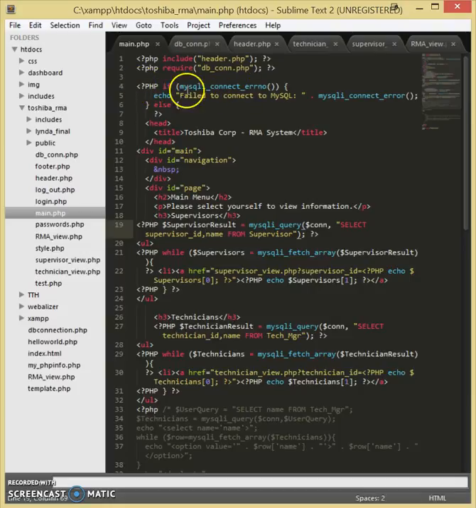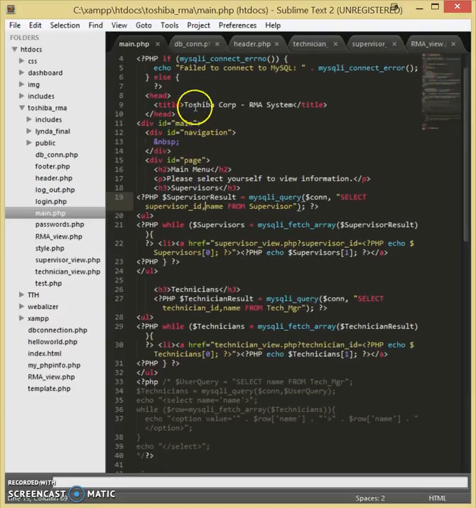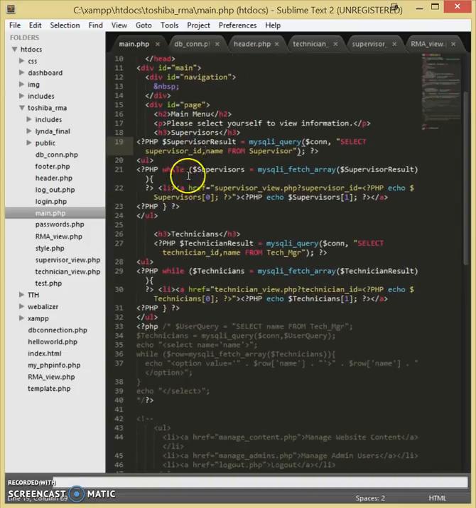Then we check if there was a problem connecting to the database. We fail it and it's over. Otherwise, now we get to actually lay out the page, set the title, and